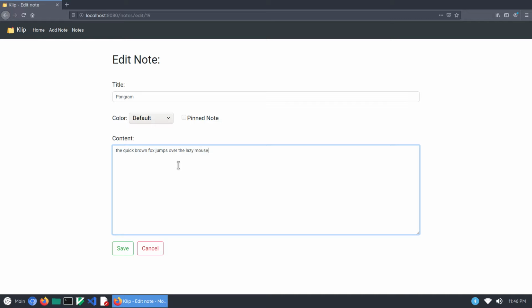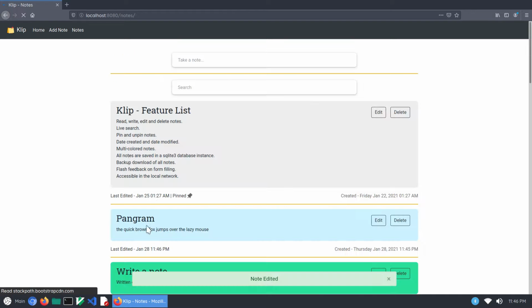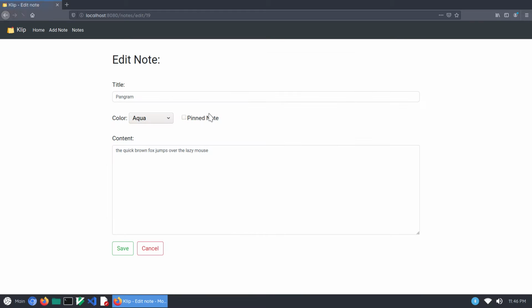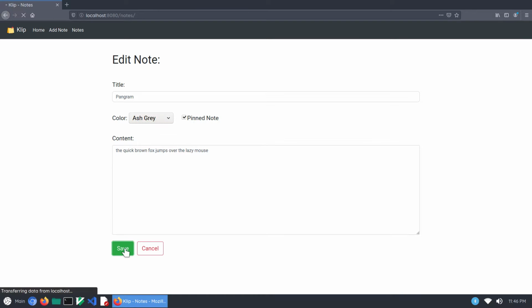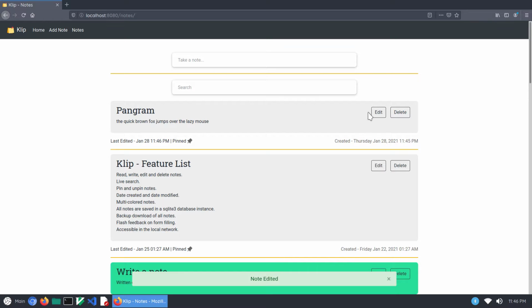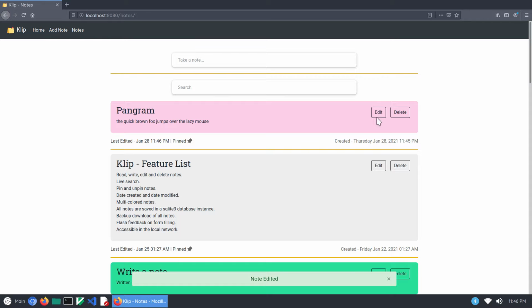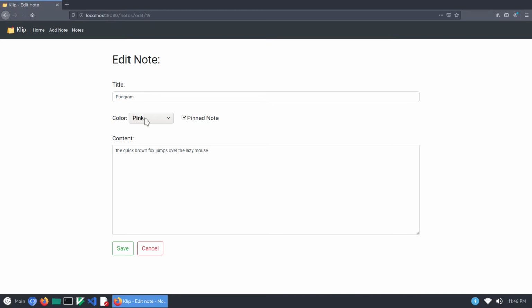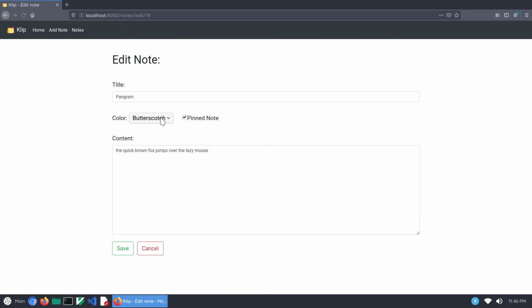Let's change all the colors and see: aqua, and then edit, changing to the next color. Let's pin them so we can see the changes on the top. Ash gray, pink, and edit, then butterscotch, and pista.